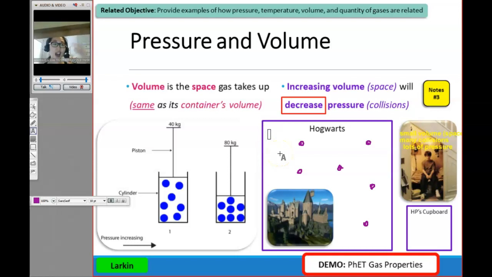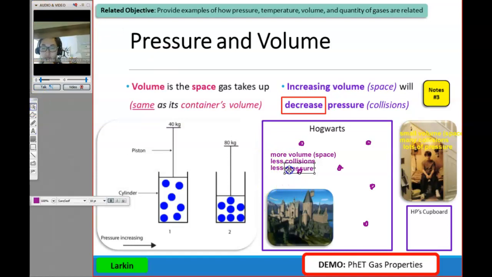So this one is kind of opposite. So previously we saw that the hotter things get, increasing temperature, increasing pressure, it goes boom. But when we actually increase the space or the volume, the opposite thing happens because again, it has to do with collisions. So the more volume or space means that there's actually less collisions. And if there's less collisions, there's also less what? More space for those particles to move around, less collisions, and therefore, yes, Gabby's got it. Less collisions, less pressure. Perfect.